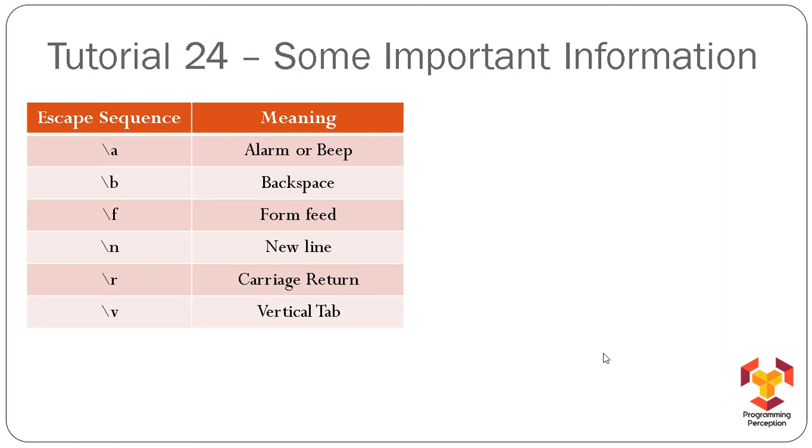Before you use them, let me tell you, all the escape sequences start with a backslash. This is the backslash, and then after it will come an alphabet. There can be any other symbol as well, which you will understand as soon as you see all the escape sequences. Every escape sequence is a character constant. That means backslash a is a character constant, backslash b is a character constant, and just like that,